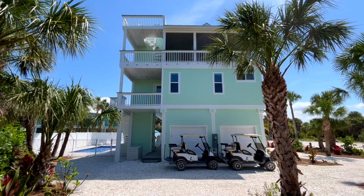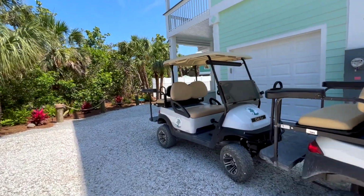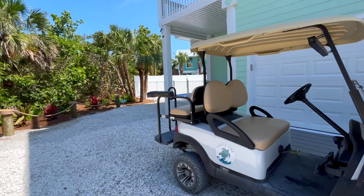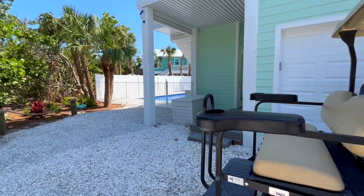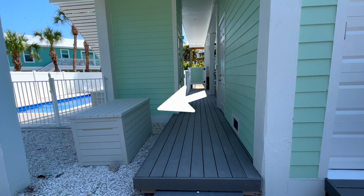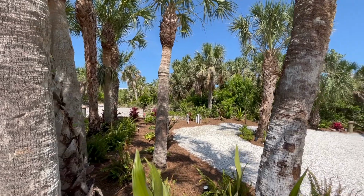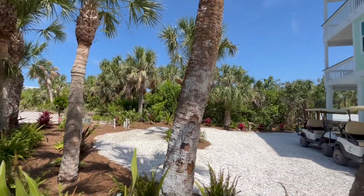The rental rate includes 1 brand new golf cart with an additional cart available for a small fee. All the essentials for a day at the beach, such as beach chairs, umbrellas, and sand toys, are provided on site for your convenience. Get ready to experience the natural beauty of North Captiva Island with your family and make